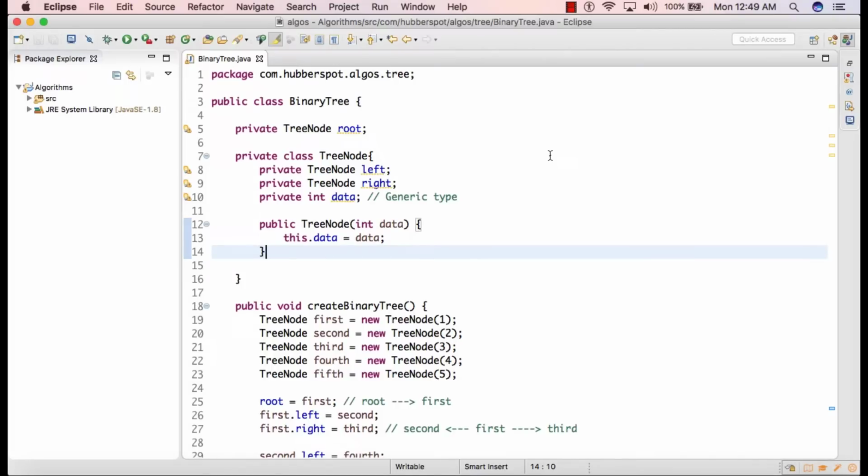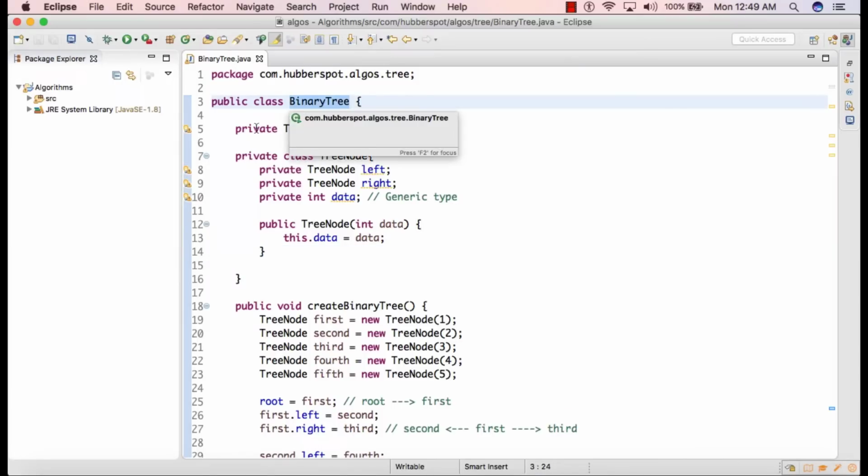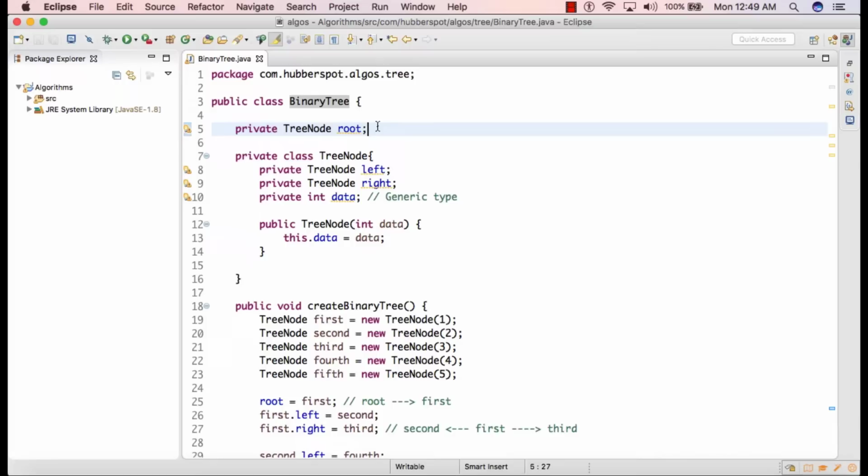So friends, in my previous tutorial, we discussed how to implement a binary tree in Java. I had created one class, BinaryTree, and we have implemented the binary tree in Java. Here we had created an instance variable of type TreeNode, which was actually root, because this root will hold all the nodes of a binary tree.